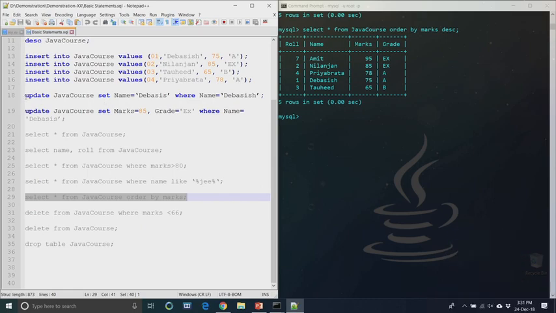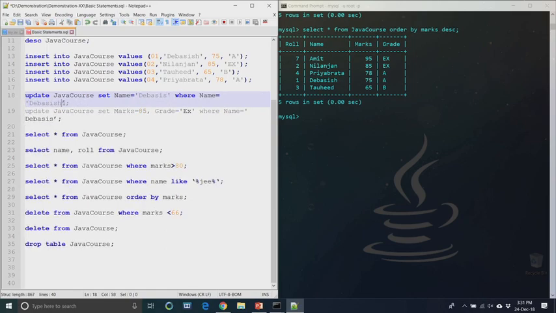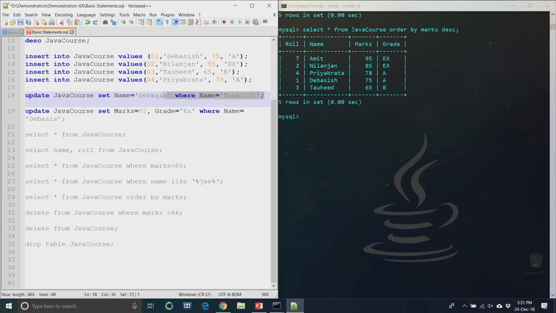Okay. So, we have to first discuss update. Let us see exactly how a record can be updated here. So, we will discuss the update command. Update is basically on the Java course table. We have to update the table, and to update it we have to give some condition: what is the basis of updation and which value needs to be updated.